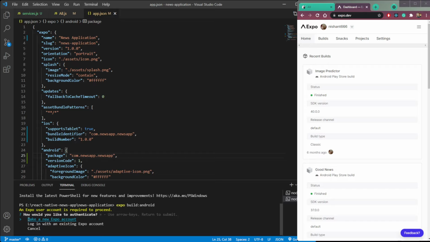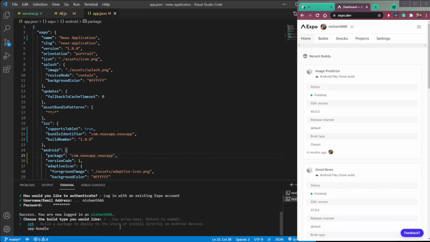So if you don't have any account, you can create it or log in with an existing account. So I already have an account and we need to give this credentials. Now enter your email and password or username.